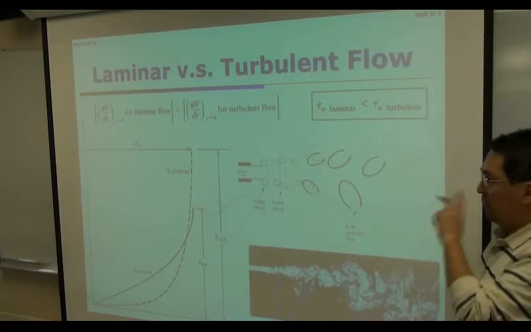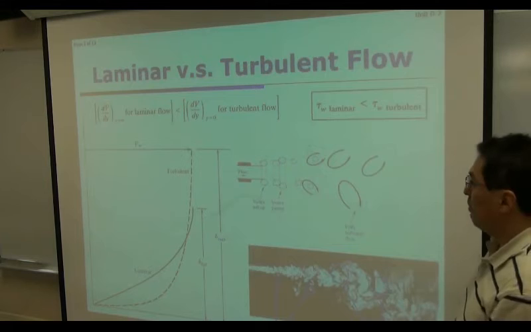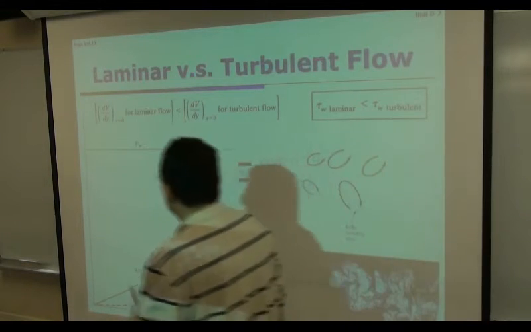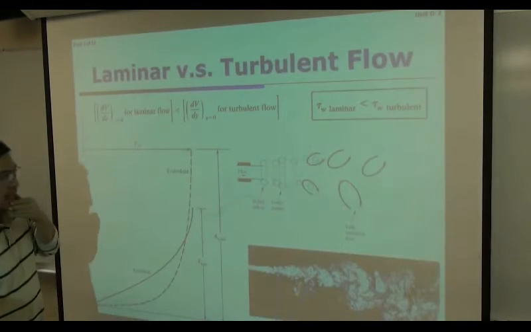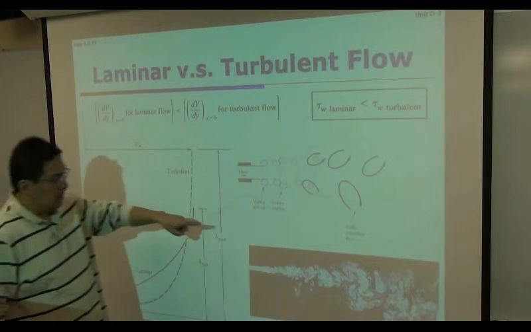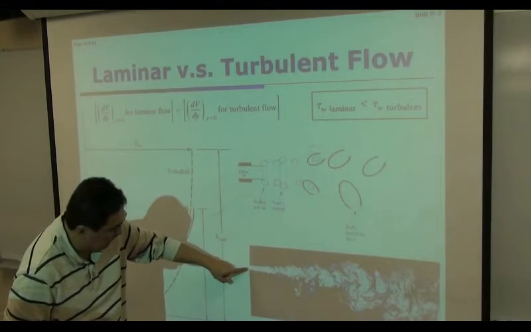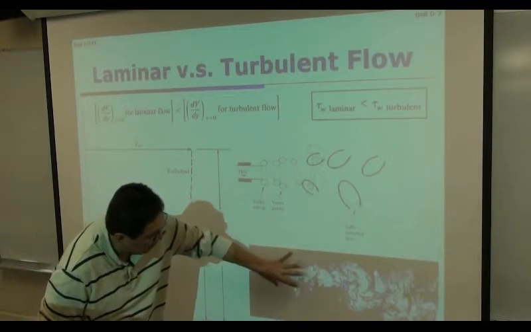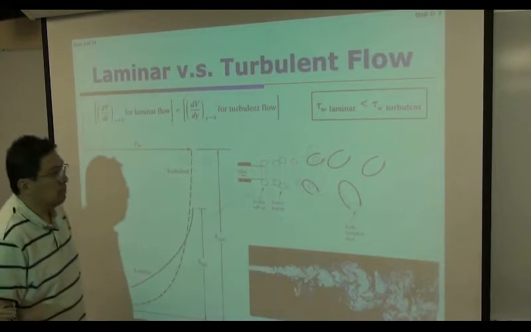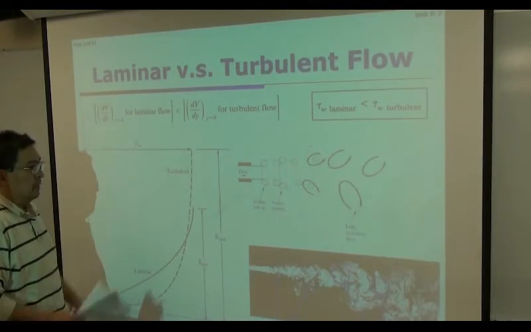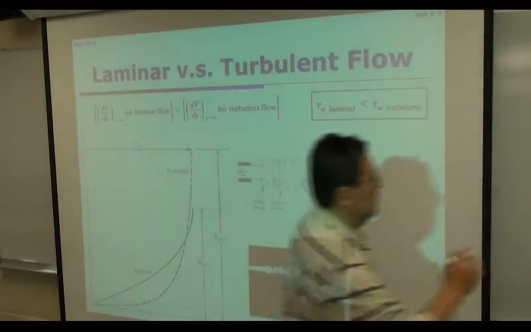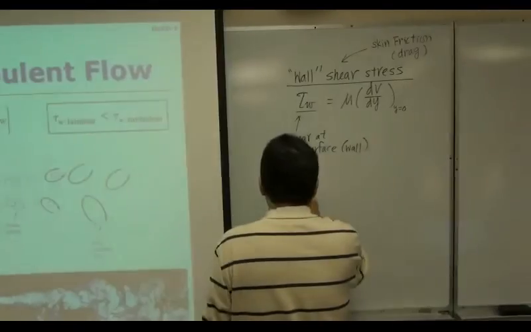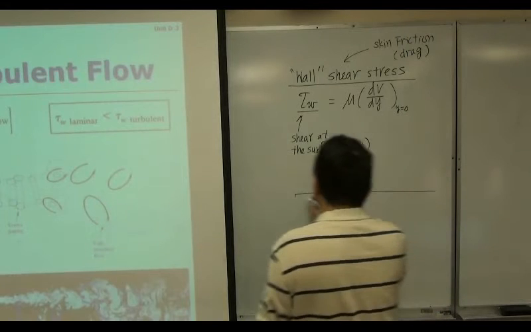We need to look at two different kinds of flows. One is laminar flow, one is turbulent flow. Flow usually begins as laminar. Then this laminar flow begins to transition to turbulent flow. Turbulent flow is more chaotic, with random motion. And then, if you look at the boundary layer on the flat plate,